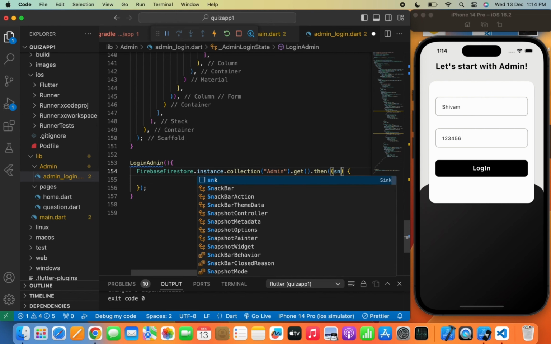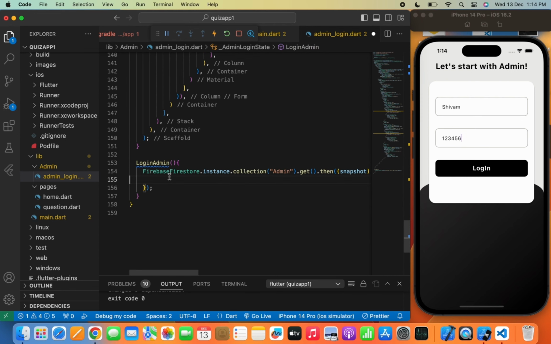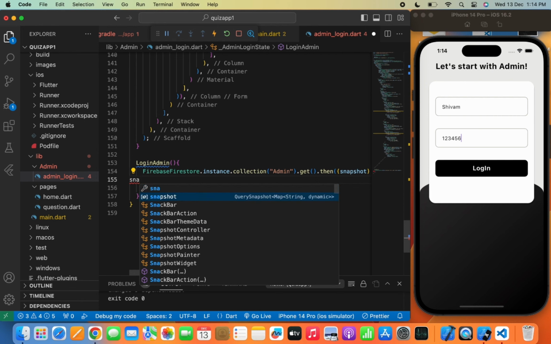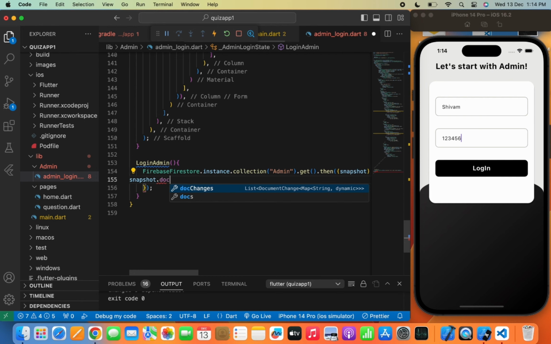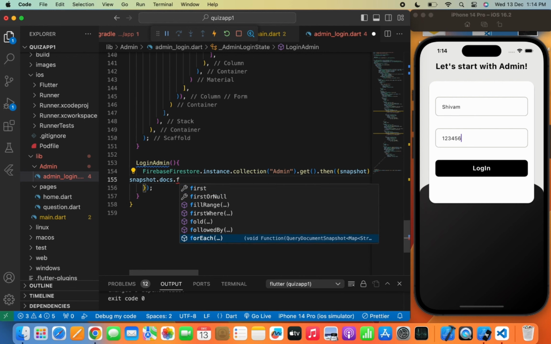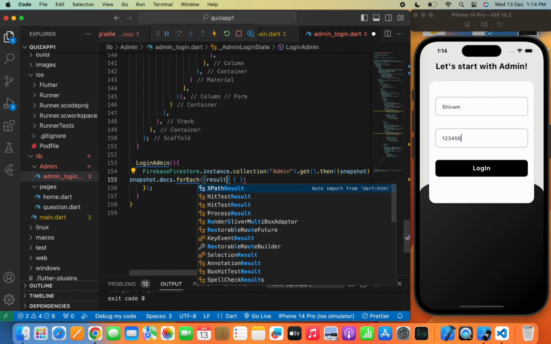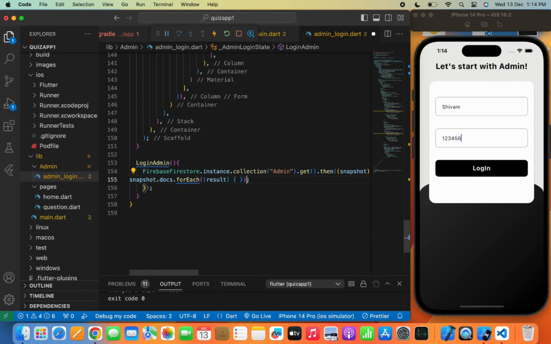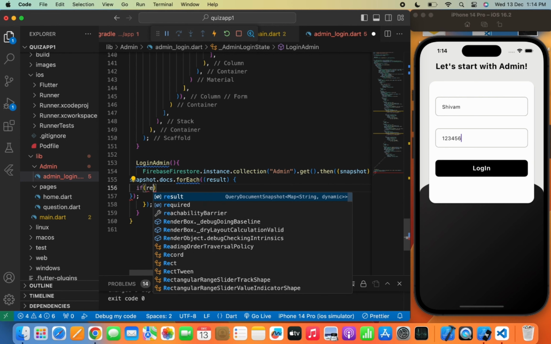Now snapshot.docs.forEach. So it will check the first document that we have uploaded in our admin collection here, and the if case will pass if result.data